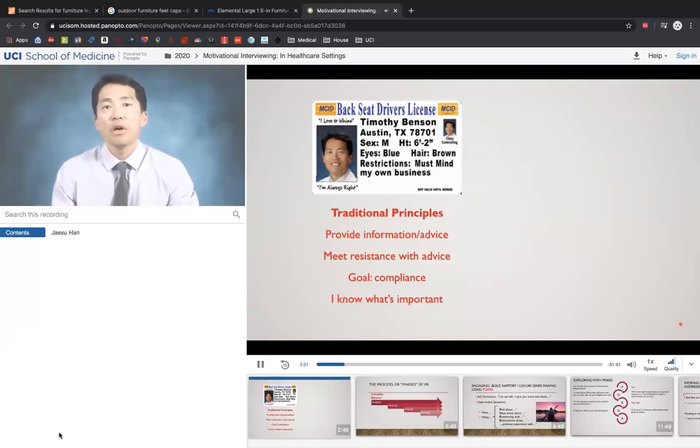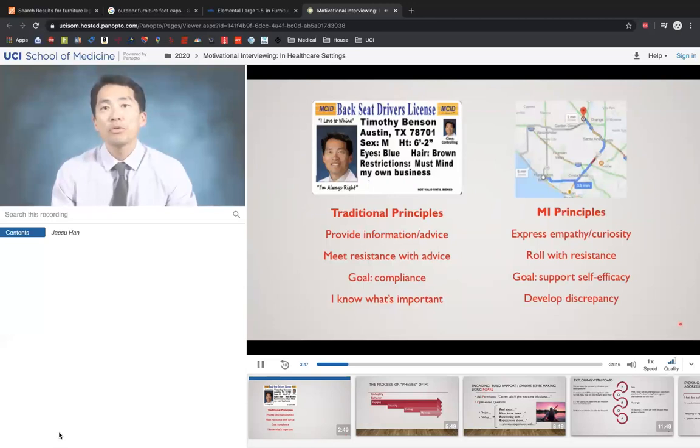rather than our patients. Now, there are certain situations in medicine, for example, emergency room settings where very emergent medical decision making needs to be done, or patients who come in and want to know our opinion about something, and they're ready to hear that information, where the traditional principles are pretty reasonable. However, in most situations in medicine where it's not an emergency, or if the patient is ambivalent